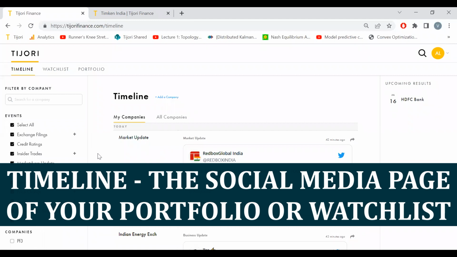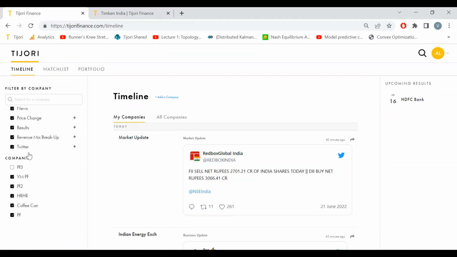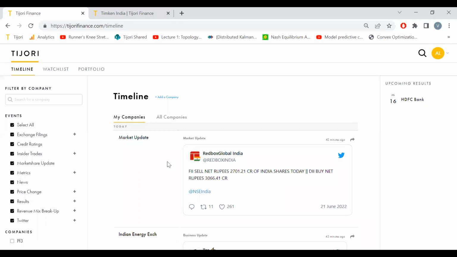So if you look at this sample portfolio, this person has 2 portfolios, 3 watch lists. That gives us a bunch of companies. Based on those companies, we generate a timeline of events which might be useful to know as an investor or as a person who has interest in those companies.